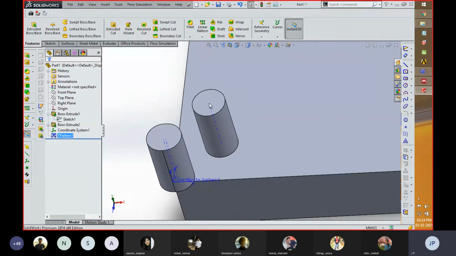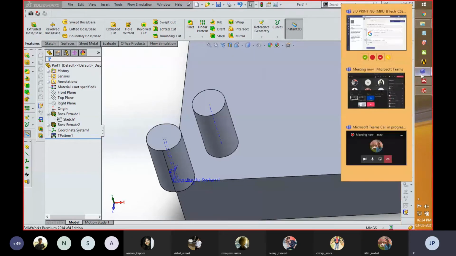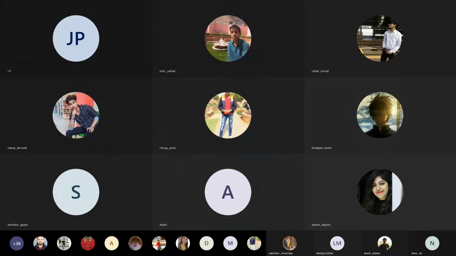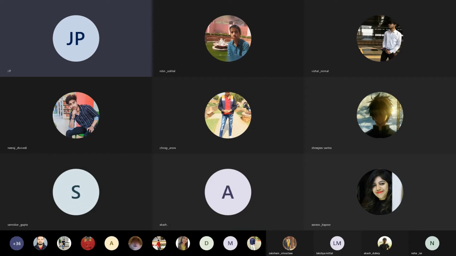So while giving the value, you have to be precise that whatever values you write, it is clear to you what is used within this feature. Okay, so this is the second last command with respect to parent, the table driven pattern. Okay, I'm going to share my screen again.